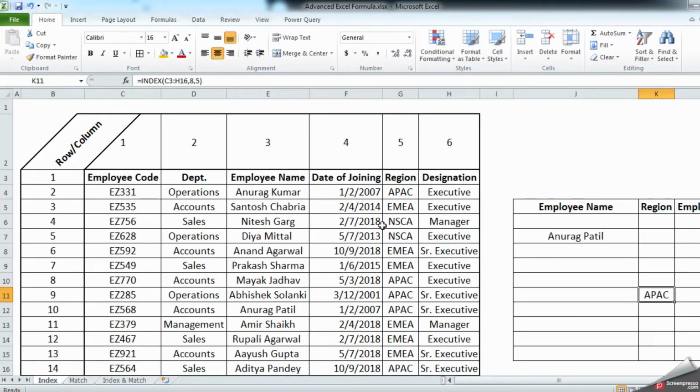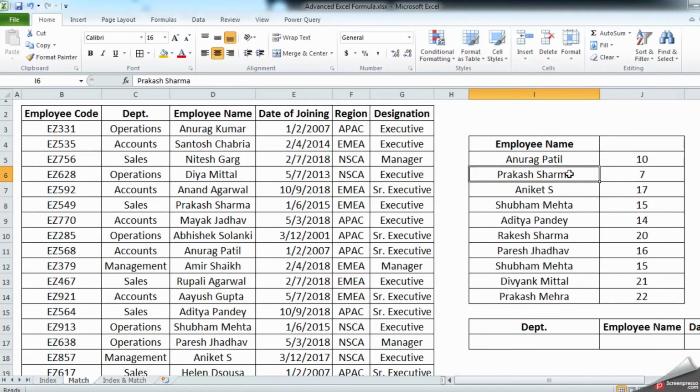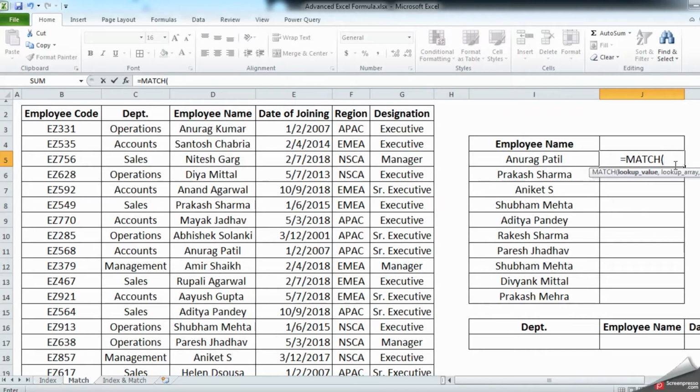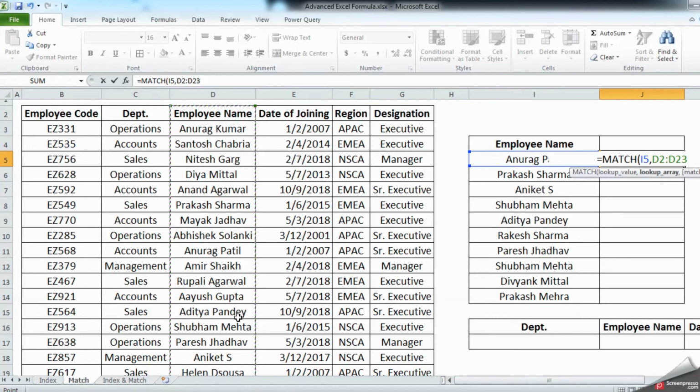When you see the MATCH function over here, what MATCH does is simply return the row or column number. Let me delete this part and start again. Equal to MATCH. So your lookup value is over here. You're looking up an employee name. So you look up like this, comma, and select the lookup array, comma. Do you need an exact match, or less than or greater than? No, we need an exact match, so we'll type 0 and close the bracket.